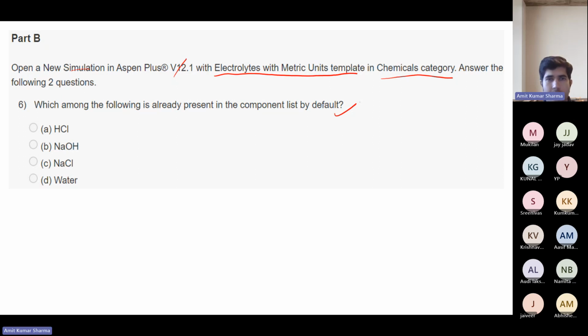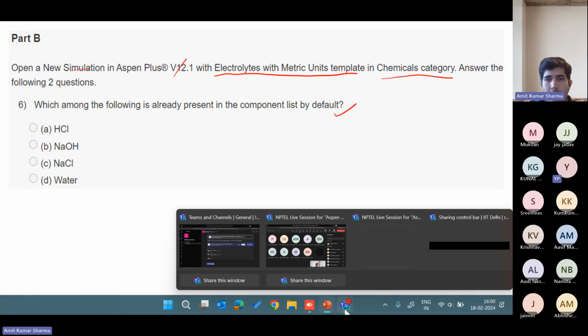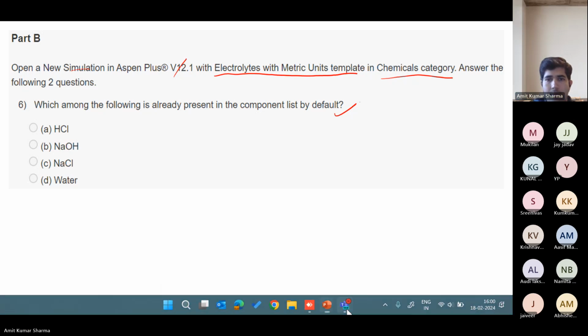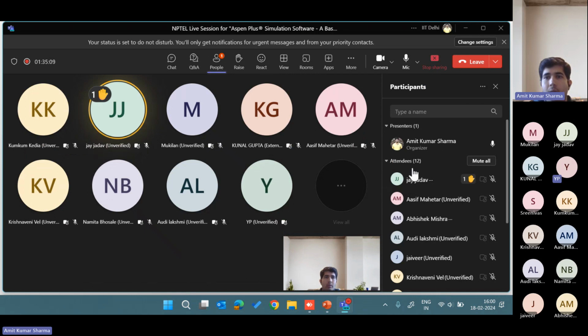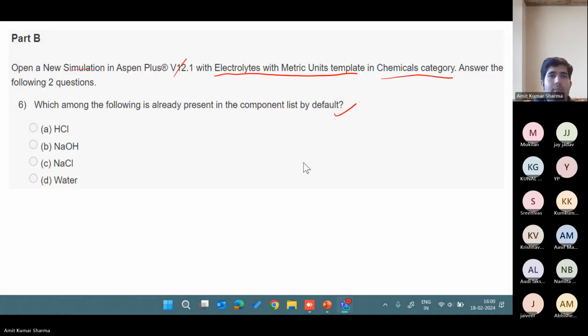So please do it, consider it mandatory. Open a new template with the electrolytes in the chemicals category and let me know which among the following is already present in the component list by default. As of now, we have received only one answer. Let me check how many students we have. We have around 12 students, so I think all of you should answer this.